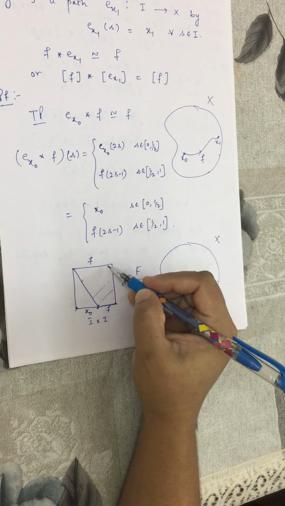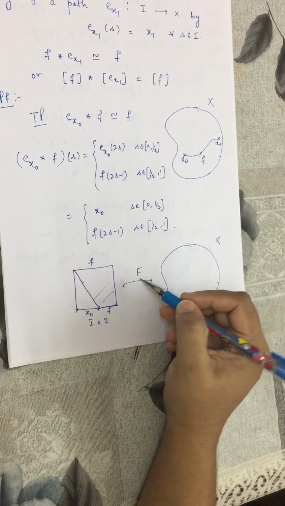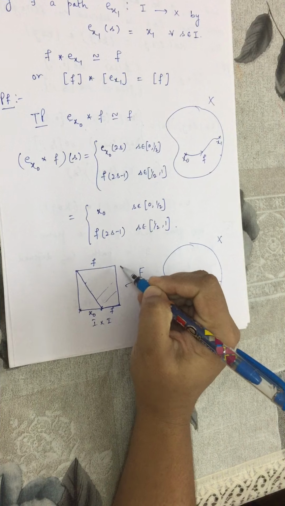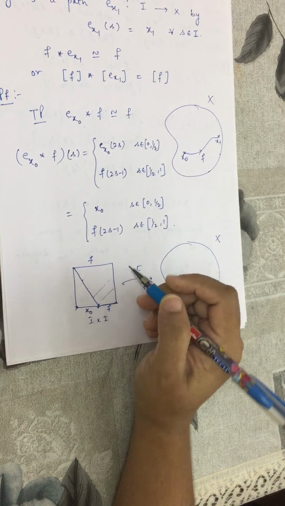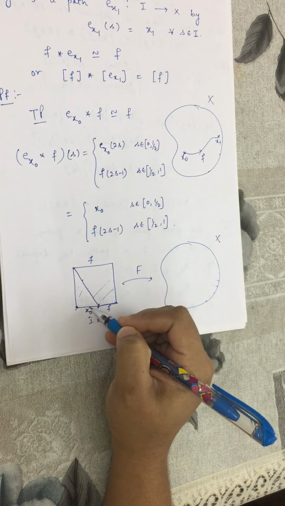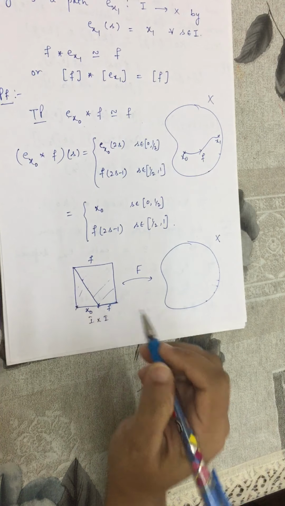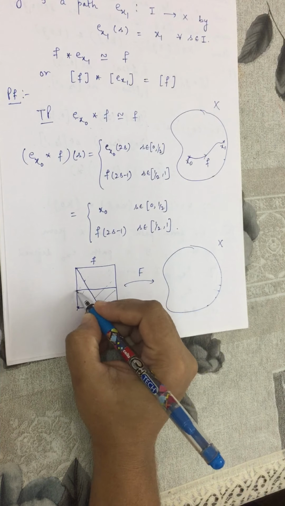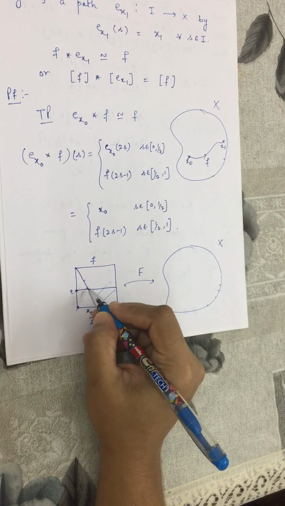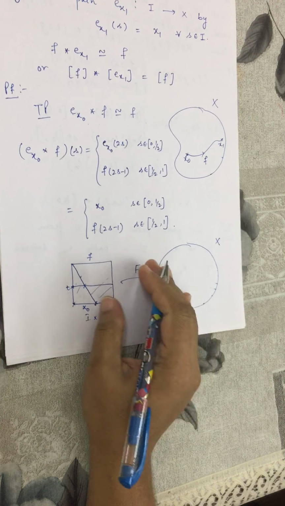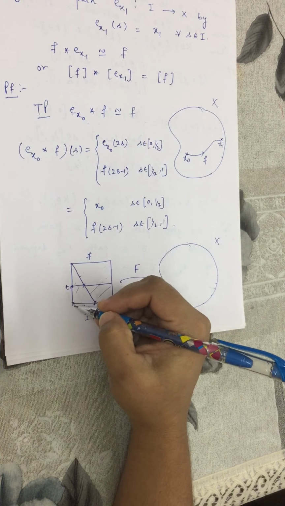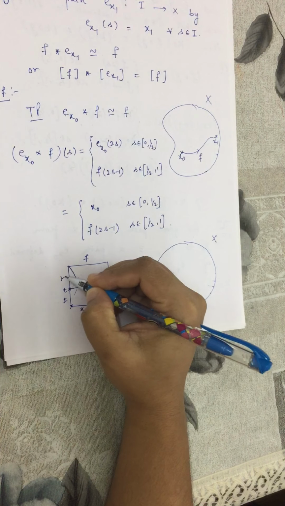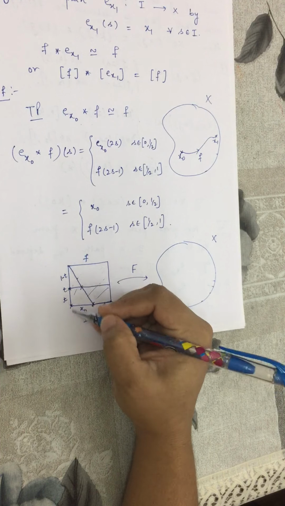So since this portion goes to f, we define the mapping F to be a mapping which maps the whole of this portion of the square to small f, and the whole of this left portion will map to x0. So for any point t here, we will first find this point. Now if this is point t, that means the distance from this point to this point is t, and the rest of the distance is 1 minus t,